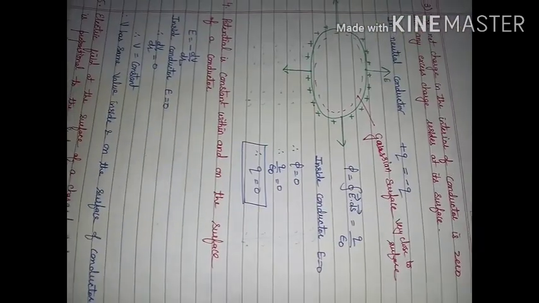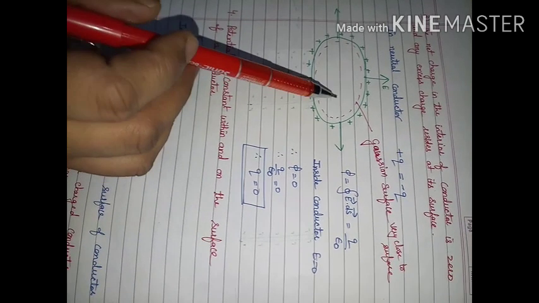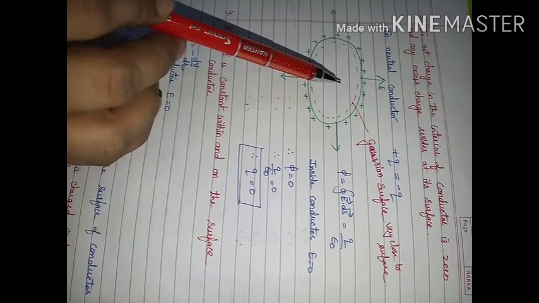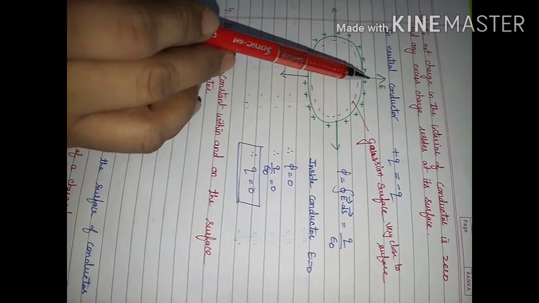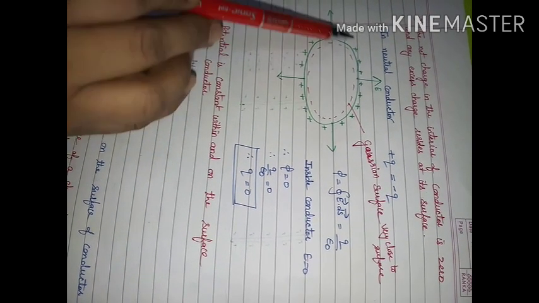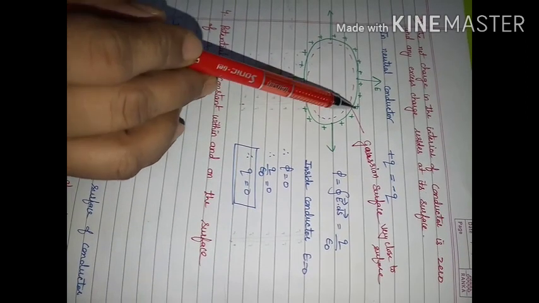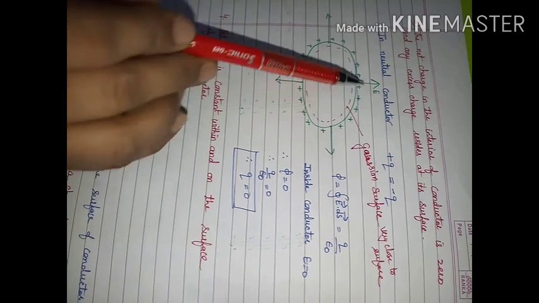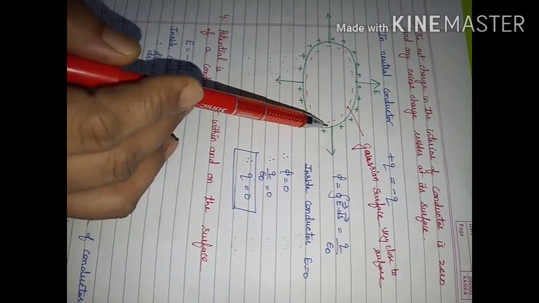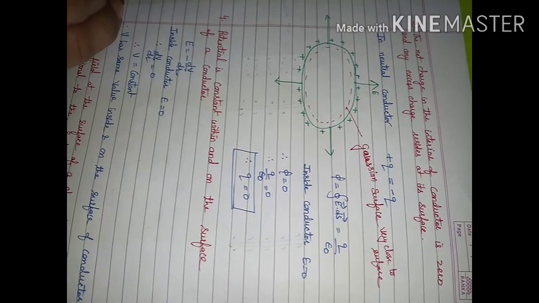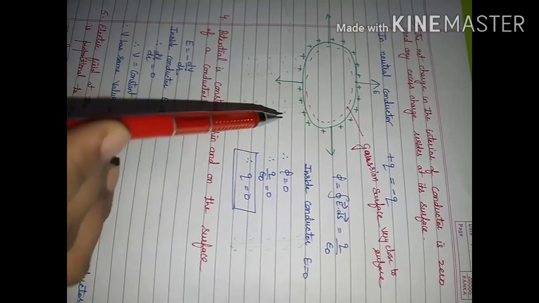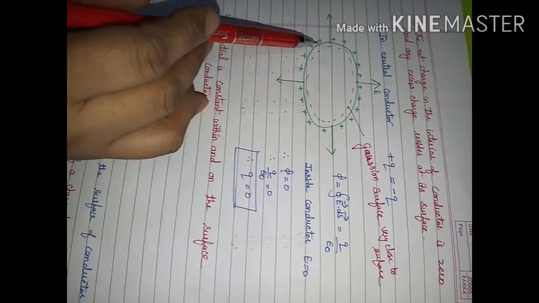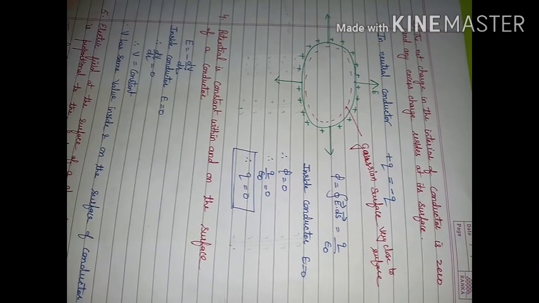The third point is that the net charge inside the conductor is zero, and if you give any charge to a conductor, then this charge comes on the surface of the conductor. This green is representing the conductor and we have given a positive charge. So the electric field due to the positive charge will be perpendicular to the surface. To prove this, we are going to consider a Gaussian surface that is very near to the surface of the conductor.